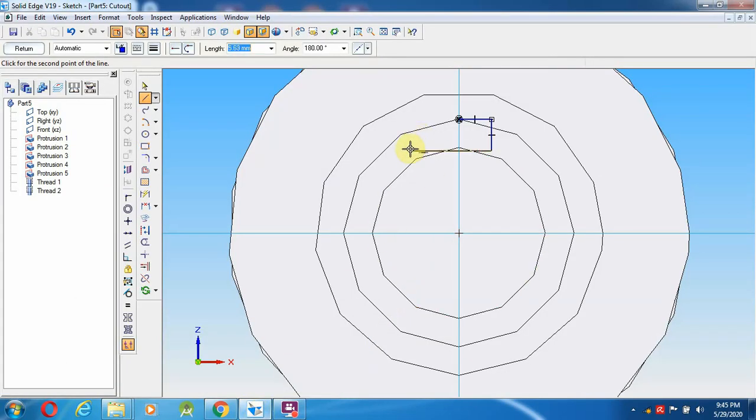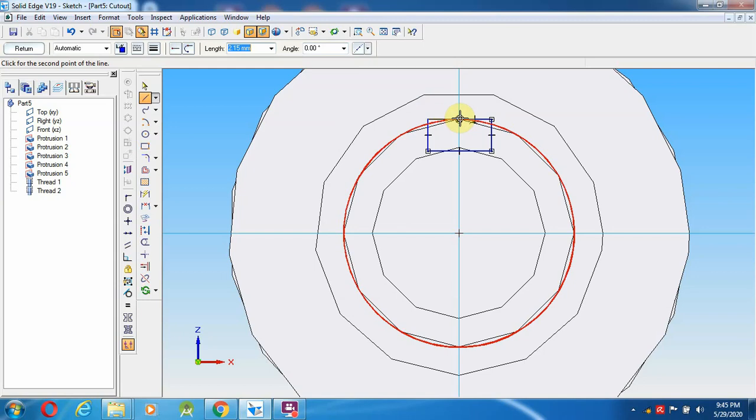Then I am going to give here 4.5 and 2.25 mm. Enter.